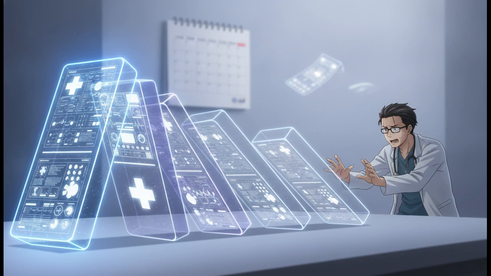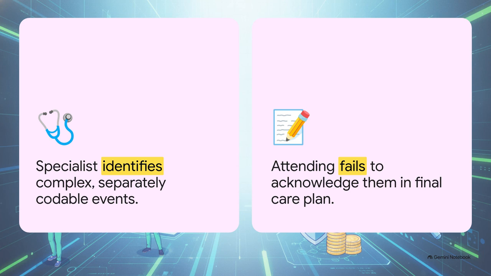The domino falls, and suddenly significant conditions that were present on admission are either entirely missing from the discharge summary or they're severely downgraded. And this perfectly illustrates another layer of that trap. It's that classic friction between the specialist and the attending provider. Very often you've got multiple specialists heavily engaged in the patient's care, right? A specialist consult might brilliantly identify a complex diagnosis, an event that is separately codable and highly relevant. But then the attending provider, who is ultimately the one responsible for managing the overarching patient care and reconciling all those diagnoses, simply fails to acknowledge the specialist's findings, or they fail to incorporate them into the final care plan